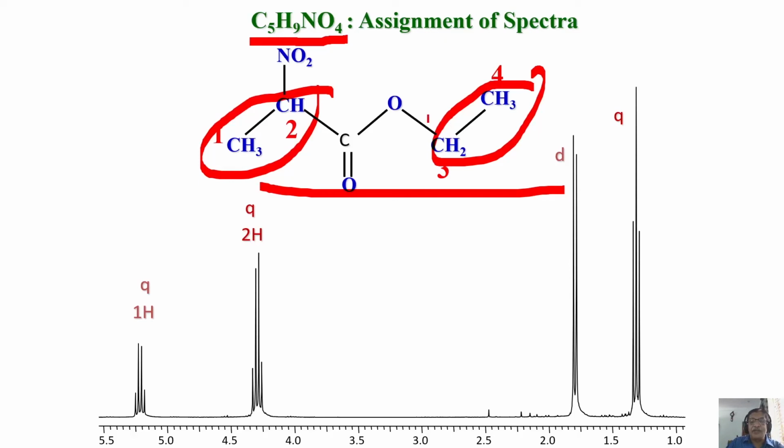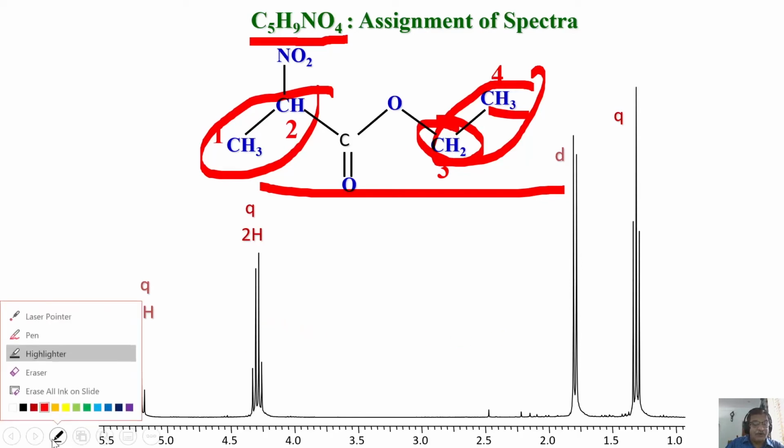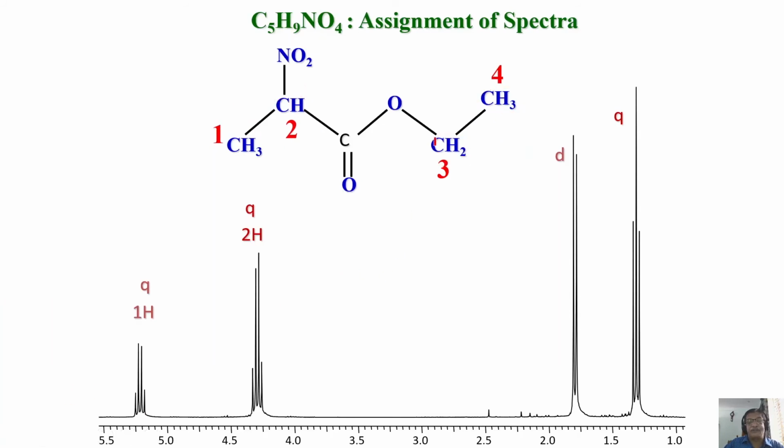As a consequence, very simple. So what you have to do? This CH3 will be a quartet. I'm sorry, it will be a triplet because of this. And this CH2 has to be a quartet because of this. Where is the quartet here? There's one quartet here, and there is another quartet here. Now the question is, which quartet belongs to this? You have to understand which quartet.